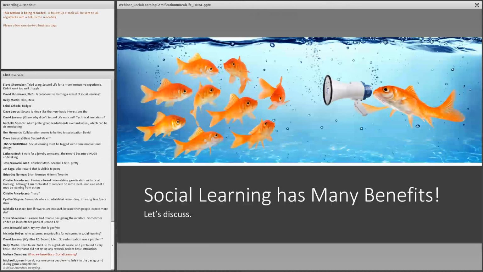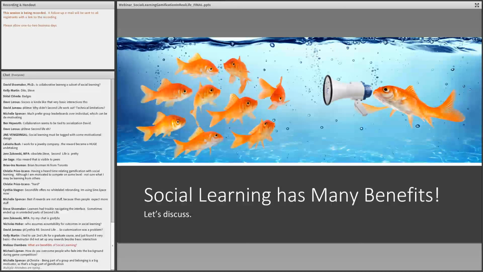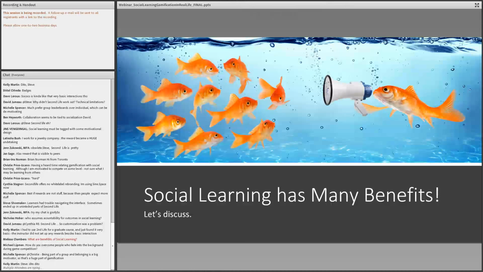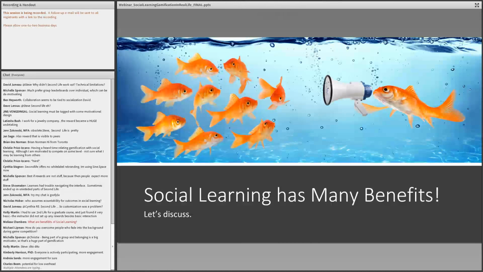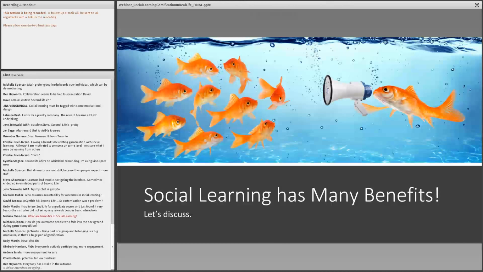And Nicholas asks, who assumes accountability for outcomes in social learning? I would say, and maybe the group has guidance too, the learning and development team still has guidance over what would be considered the formalized training within the organization.